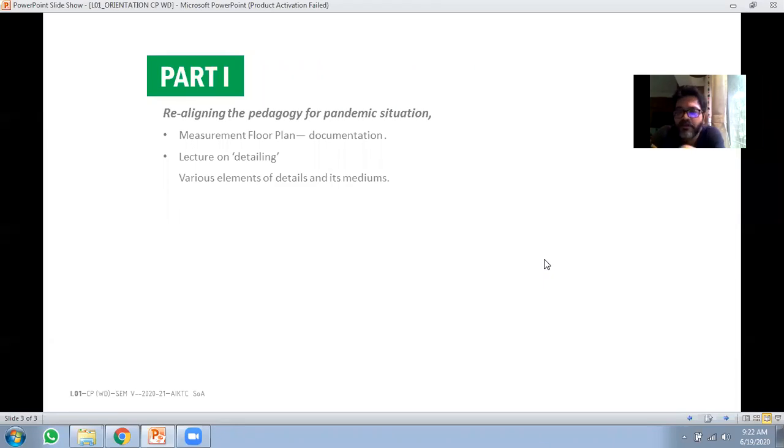In this particular sentence the mediums are nothing but materials, because when I say window, there are n number of materials we can make a window out of. So what we want you to do is to understand first of all that these various elements are nothing but door, window, staircase, kitchen, bedroom, hall, balcony, all those things. And its mediums are nothing but the materials in which they get executed. So there are two things which you have to look at, and we are going to see all those things related to civil work. Again, it's related to only civil work, so we are not going to look at the interior part of it.